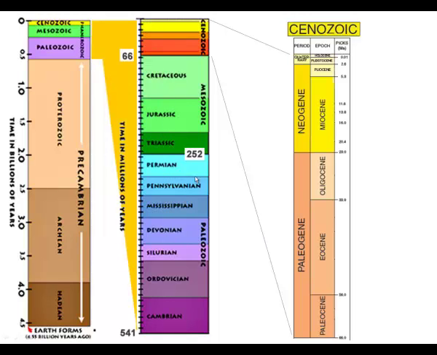In some classifications, the Mississippian and Pennsylvanian, shown here as separate, are united under the Carboniferous, and I've put in the key ages that I want you to bear in mind for this part of the course. The Cambrian at 541, the end of the Paleozoic at 252, the end of the Mesozoic at 66, and then